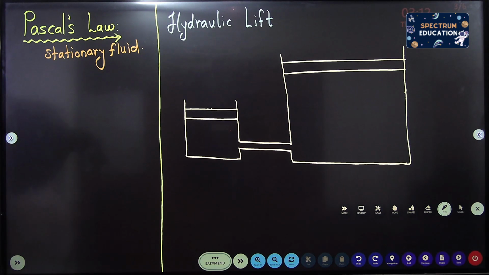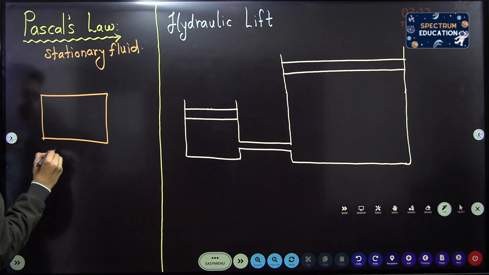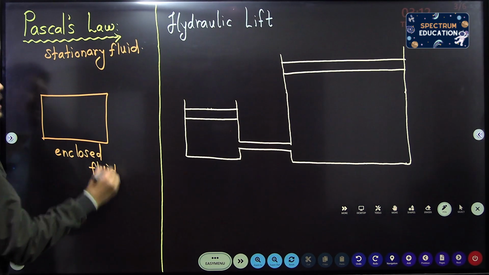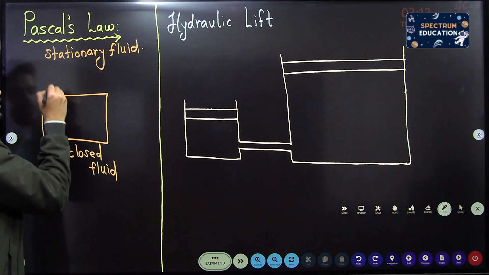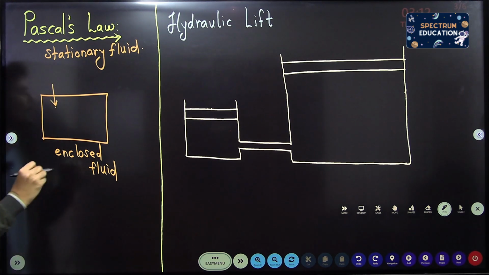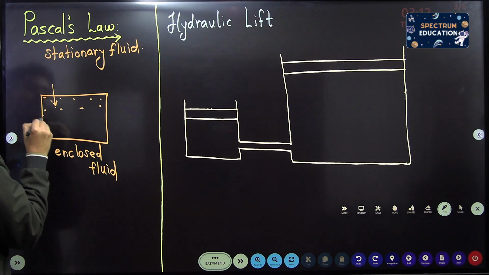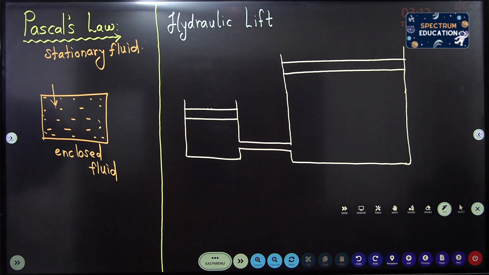So the law states that if we consider some enclosed fluid, the fluid must be enclosed, and the fluid must be stationary. If the pressure acts at any point, suppose here on this molecule I have applied some pressure, okay, so this is entirely filled with that fluid, so fluid everywhere, full fluid, and if the pressure acts on any point,